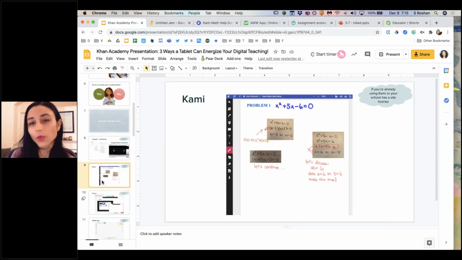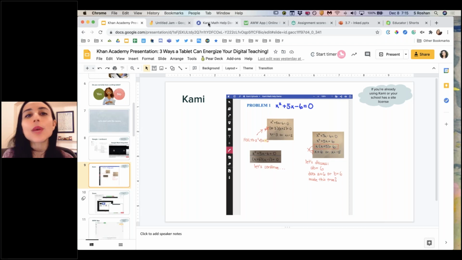which, since I was on Google Schools, this one is really, I feel like if you are a Google school that is already a Kami user, or if your school has a site license to Kami, I really recommend checking that tool out. If you've not heard about it before, it's not the absolute thing that you need right now. I want you to pick which one is going to fit your needs the best.